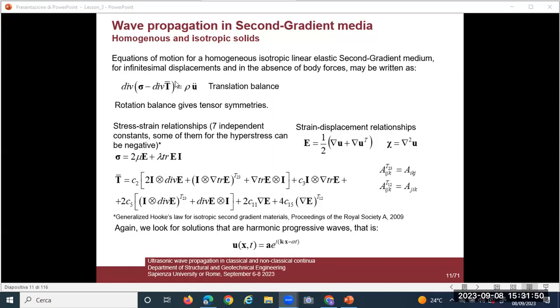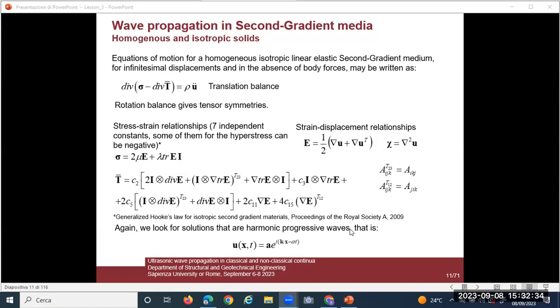I have reported here some relationships and also some constitutive relationships for an isotropic hyperstress, which are these ones. And an isotropic second gradient continuum is described by 7 independent constants. You can find more details in this paper, generalized Hooke's law for isotropic second gradient materials, which I have reported here. Now, let's go back to what we did a couple of days before, because we said we are